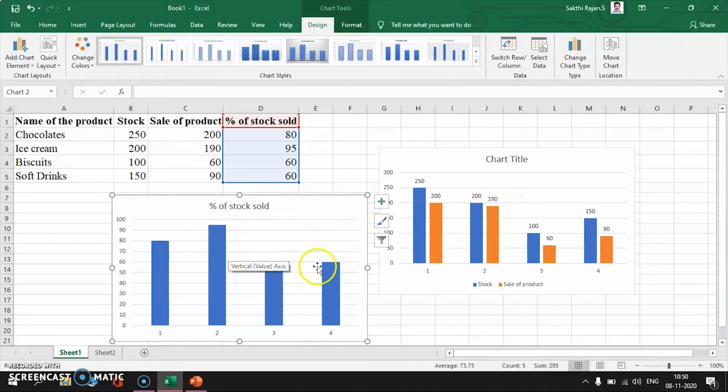Okay, you can easily say, here you see only for number 4, which is the soft drinks, we are having very low sales, and for ice cream we are having the fastest selling product. Okay children, have you all understood?